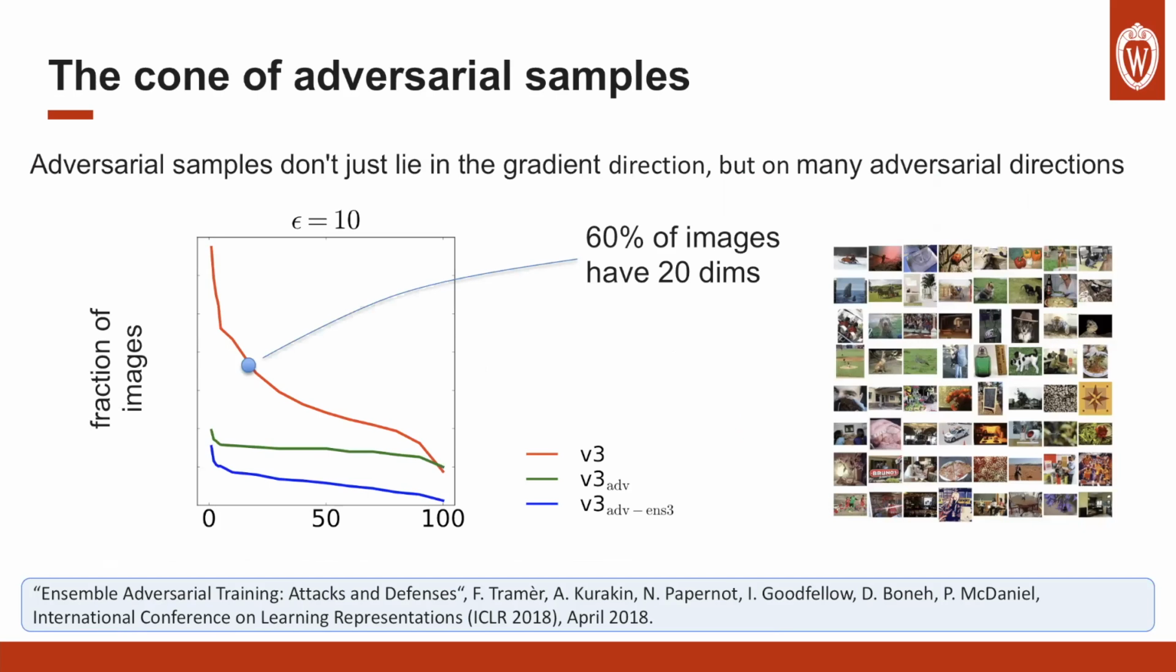In a second piece of work that Ian, Dan and Nicholas and I did a couple of years ago, we began to look at how many adversarial samples really are there. In this paper, we refer to this as an adversarial cone. What we found was, and I'm blanking on the name of this data set, it's a very famous data set, that 60% of the images in this data set had adversarial samples